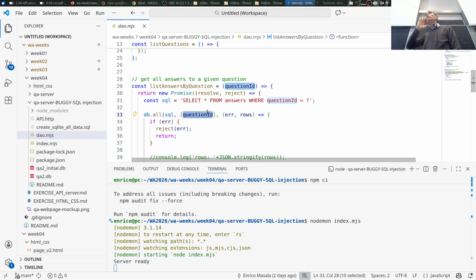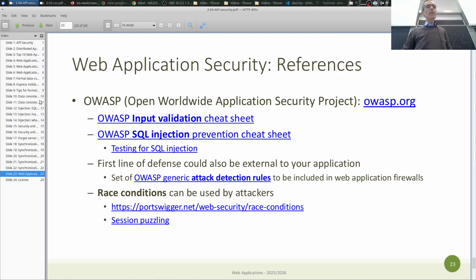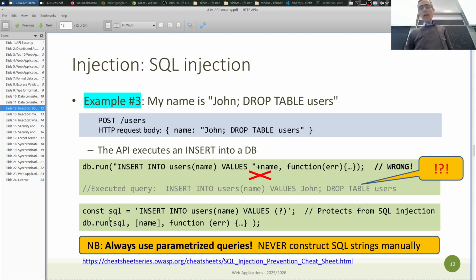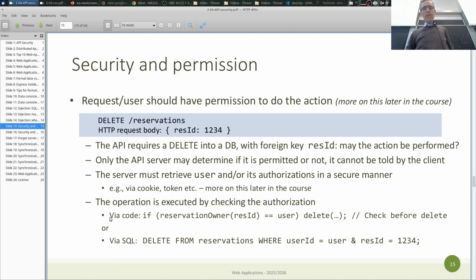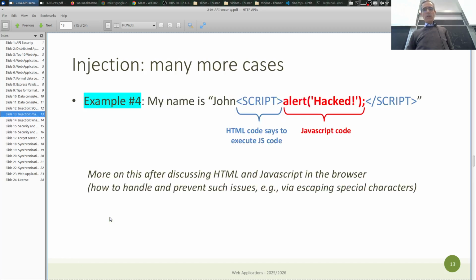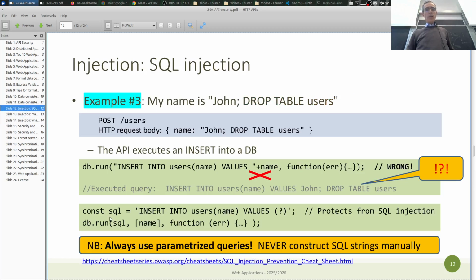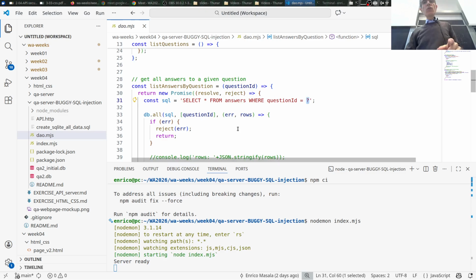But why is it not possible? Because we use the syntax, the question mark, that in SQLite 3 prevents any SQL injection from happening. Because of what we said in the slides, and what you can check in the manual, of course. What was it? Always use parameterized queries, so with the question mark. This separates the SQL commands from the data. If you check question ID, it's a parameter, and it comes in